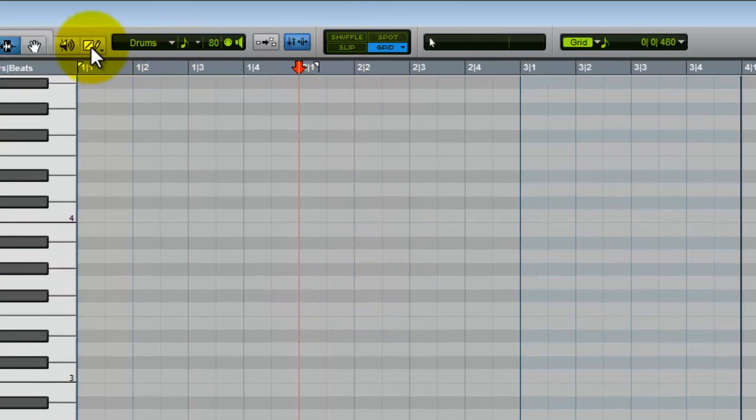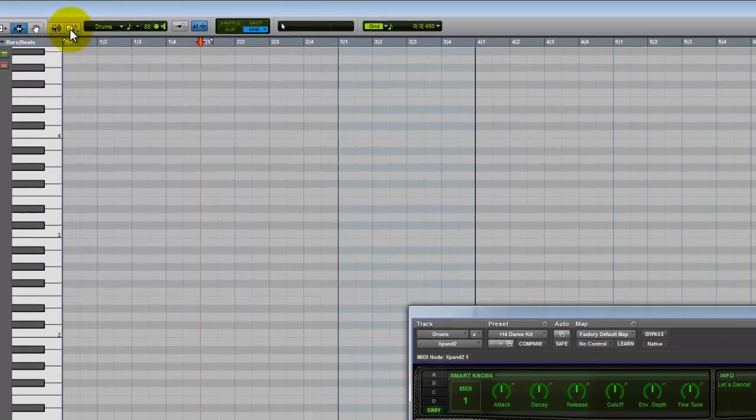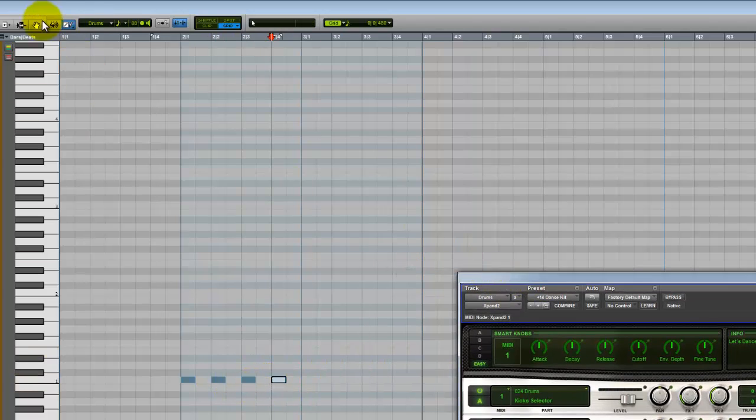The whole point about that is whatever we write is going to be beat synced to our track. At the moment each grid line is the equivalent of a quaver. So 1 and 2 and 3 and 4 and. Alright. So with my pencil tool I can go down to C1, which is my kick, and I can put 1 and 2 and 3 and 4 and there I have a very basic 4 on the floor kick drum